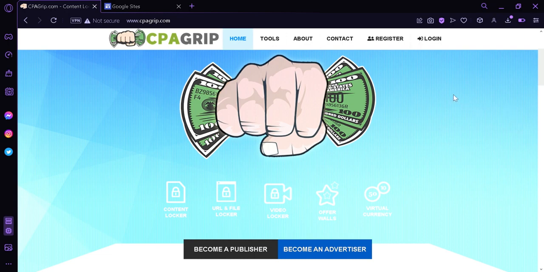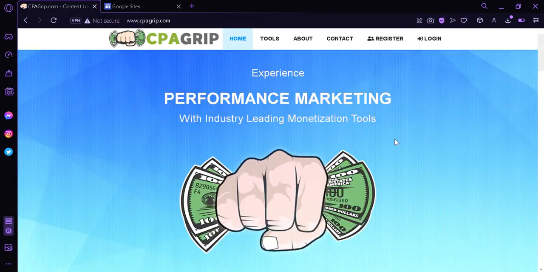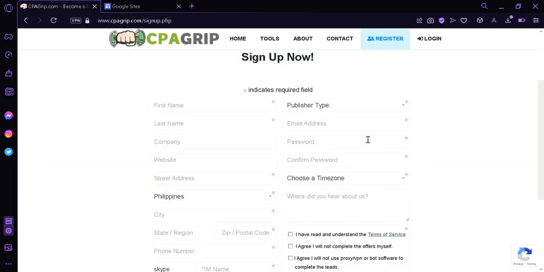And the first thing we're going to do is, currently we are at cpagrip.com over here. The next thing we're going to do is either register or log in. If you don't have an account, I suggest that you click on register, and then this will redirect you to